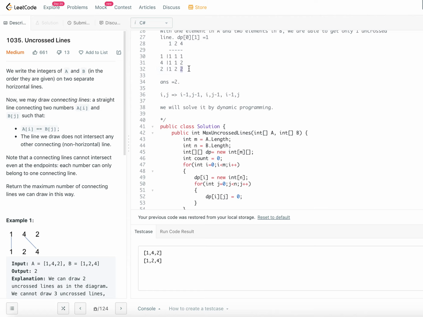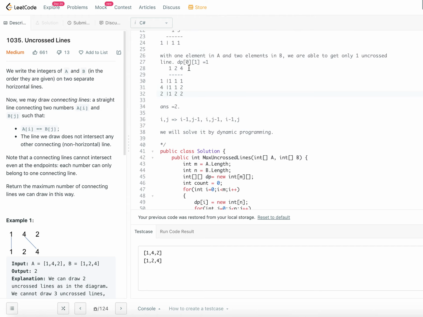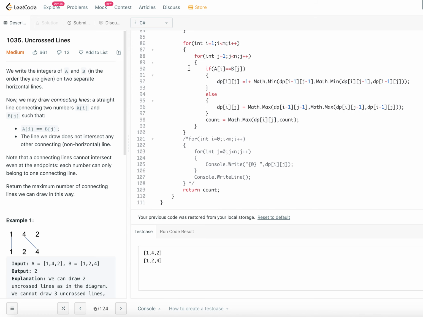So this would satisfy our requirement of uncrossed lines because we are building through the subproblems. Let's go ahead and try to understand the time and space complexity.